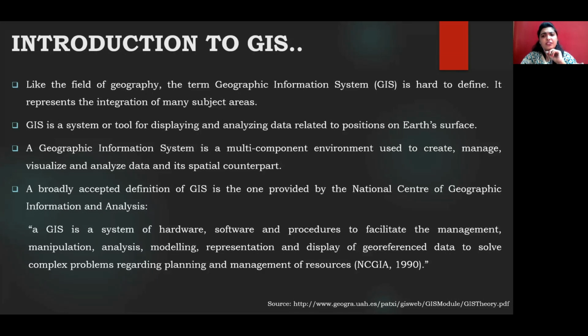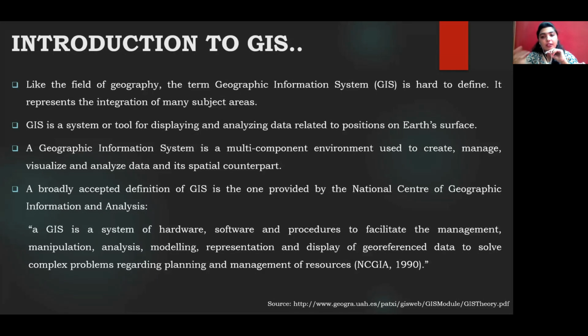Now, we all know what GIS is, and we all know what the components of GIS are. So, all that basic knowledge of GIS, we are quite thorough with. We all know that geography is a term which is difficult to define. Similar is the term geographic information system. It is difficult to define, but there have been people who have tried defining and explaining. It's easier to explain geographic information system rather than define it, because there is so much in it that it becomes difficult to put it into one definition.